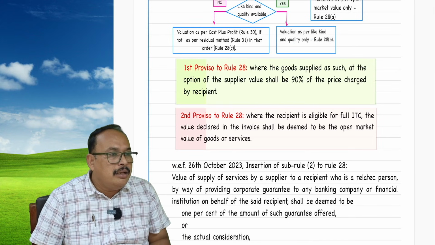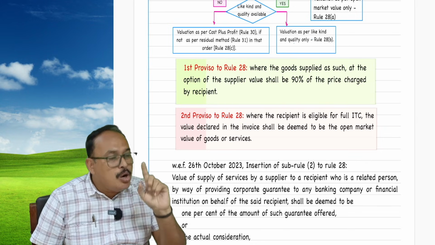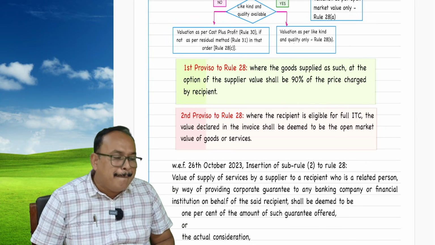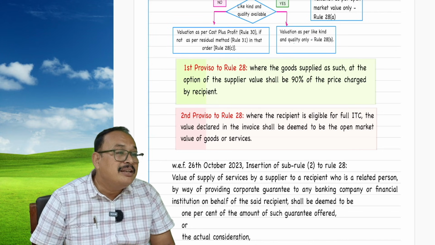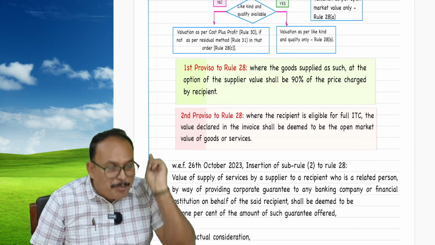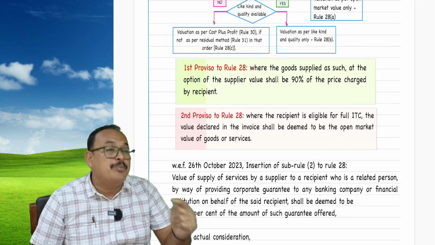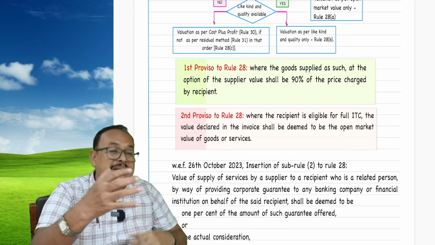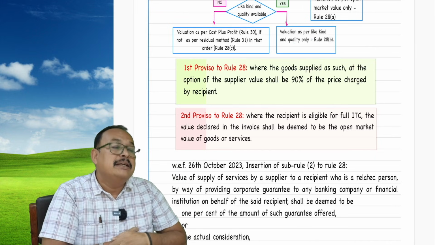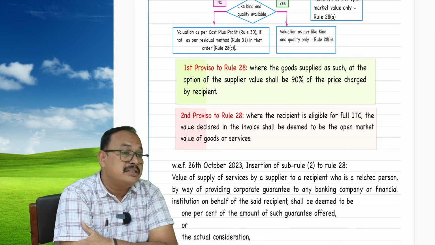corporate guarantee. As an individual director, you are allowed to give a corporate guarantee to your company, but you should not charge, as per the RBI guidelines. If so, zero value is the value of supply, the open market value, even though they are related parties. If a corporate company gives a corporate guarantee to its own other corporate company, meaning a holding company giving to a subsidiary company, in that case, even though the charge is not charged, the consideration will be considered as